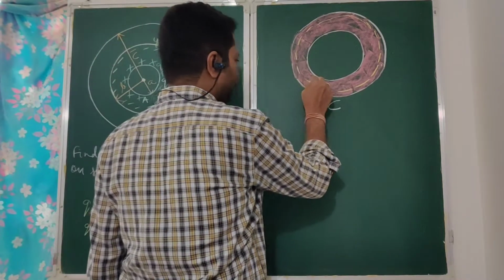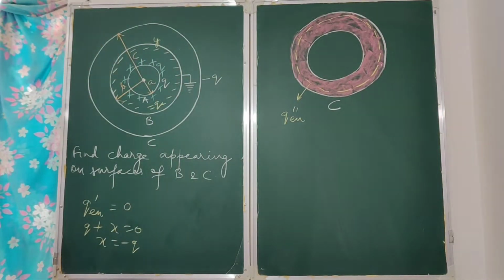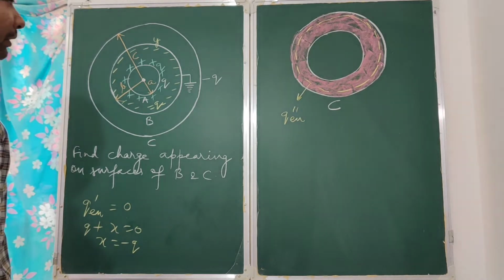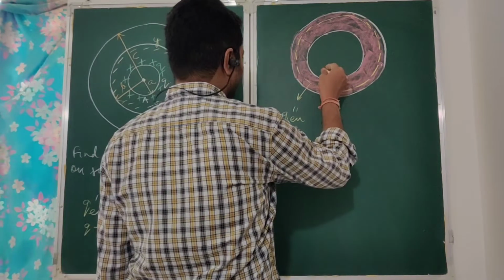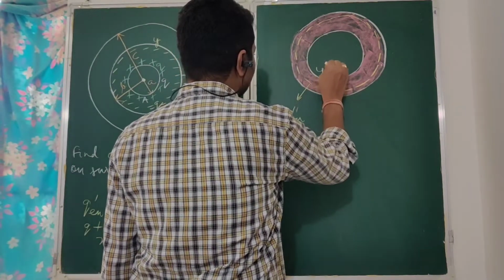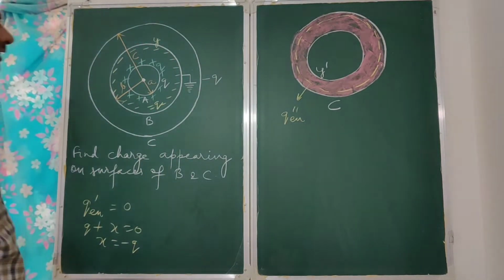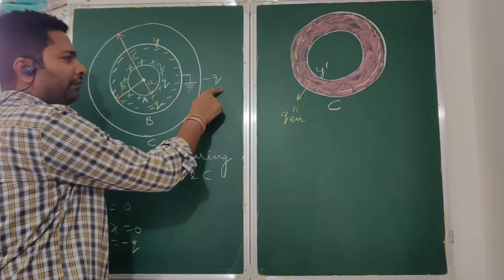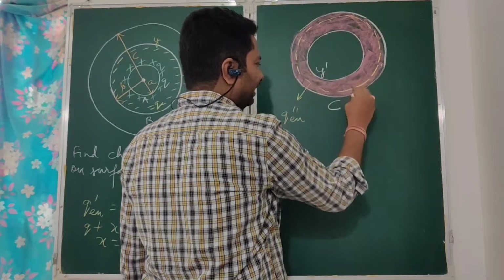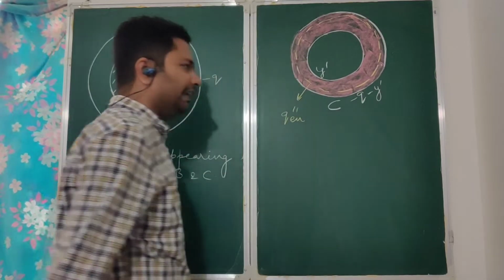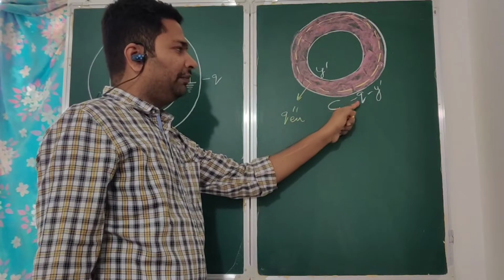So what is the net charge enclosed by this? Q enclosed double dash. We need to find it out. So let us say the charge on the inner surface is some y dash, correct? The charge on the inner surface is y dash. So total charge we had given was minus q. So on outer how much charge will develop? Out of minus q you have removed y dash. So it will be minus q minus of y dash, correct? Then only the total charge on sphere C will be minus q.